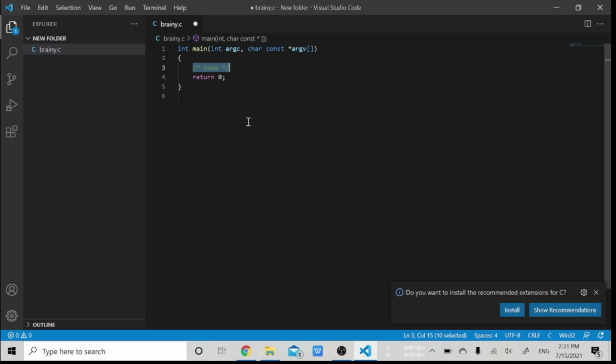In this one, just write printf, and I will write hello world. So this one is a program that will print hello world. It will print this.